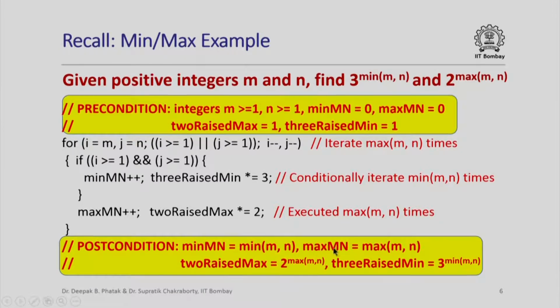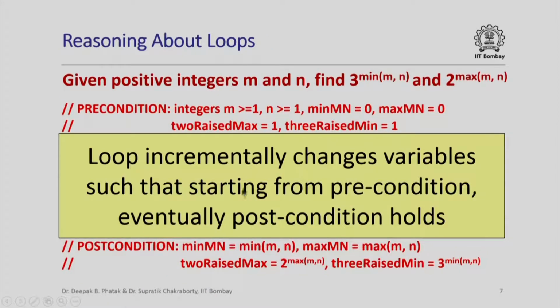that min of mn should indeed be equal to the minimum of m and n, max of mn should indeed be equal to the maximum of m and n, 2 raised to max should be equal to 2 raised to the max of mn, and 3 raised to min should be really equal to the value of 3 raised to min mn. The loop that we saw in between, what it is really doing is it is incrementally changing values of variables such that starting from the precondition before the loop is entered, I finally end up in values of variables that